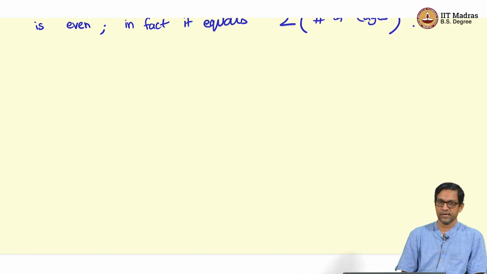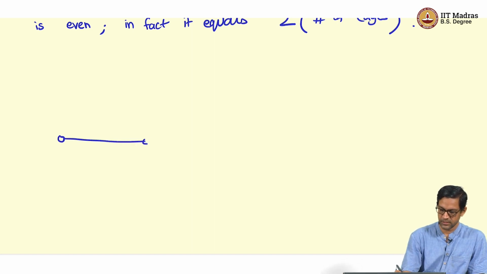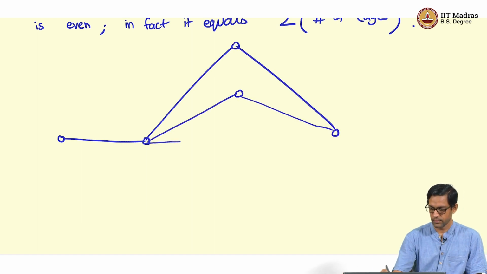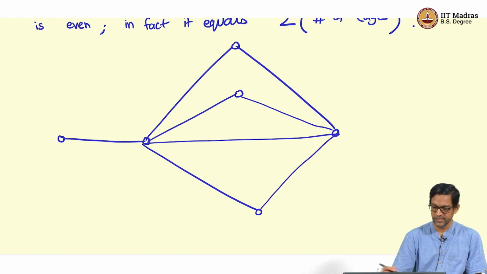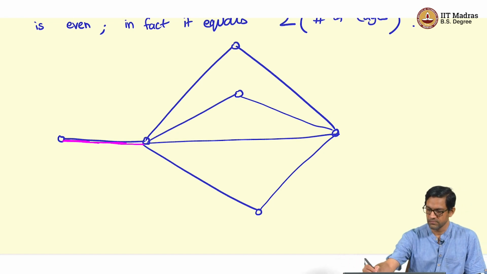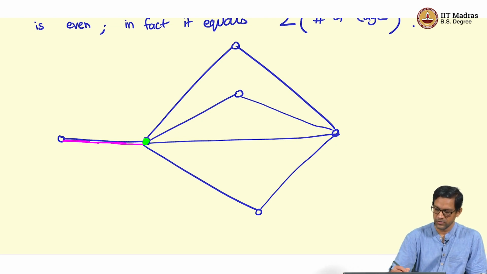So, let us see why something like this would be true. We will just draw the graph once more, a little bigger this time. So, these are the various edges of the graph. Now, I am going to add up all the degrees, the sum of all the degrees. Let us do it vertex by vertex. For the first vertex its degree is 1 because this is the edge which leaves that vertex. Now, for the second vertex I will do this in a different color. Here is my second vertex, and for this vertex I have got degree 5 because these are the 5